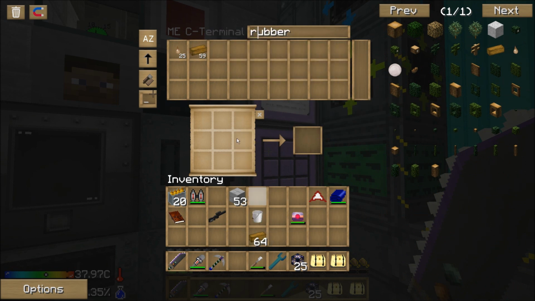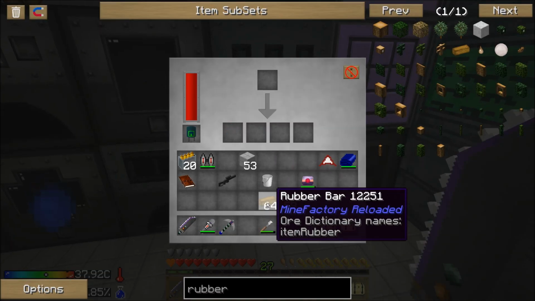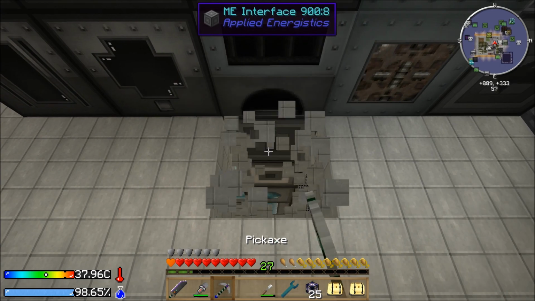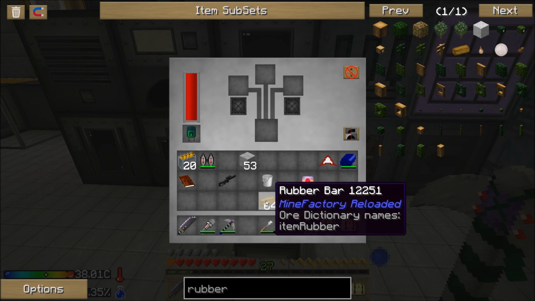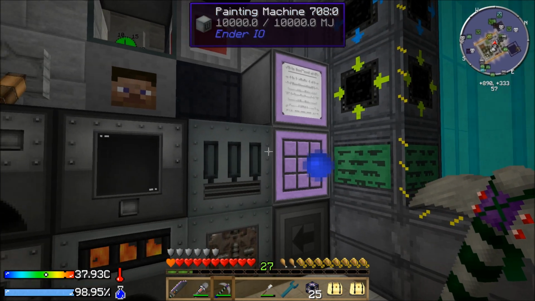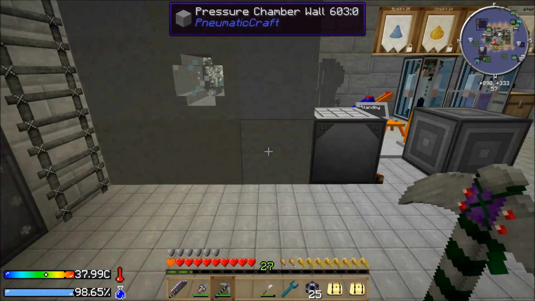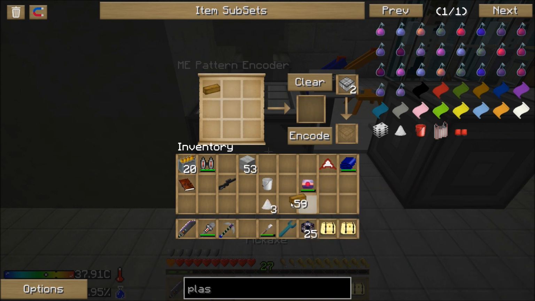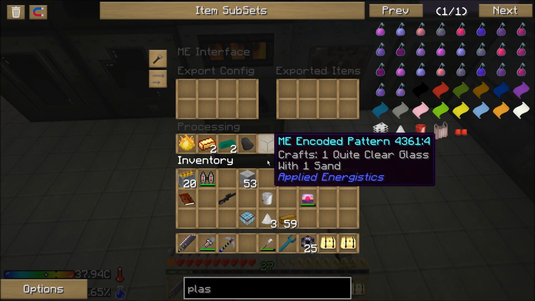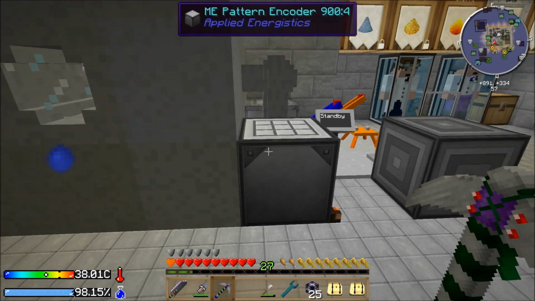So I've got a bunch of rubber. I could probably go ahead and tell it that, here, I'm going to need to move that again. So let's go ahead and toss some of this in, which is going to make raw plastic. So I can come over here and say clear that. I can tell this one raw rubber bar makes one plastic, and that can be done with a sag mill. Then I can also tell it that